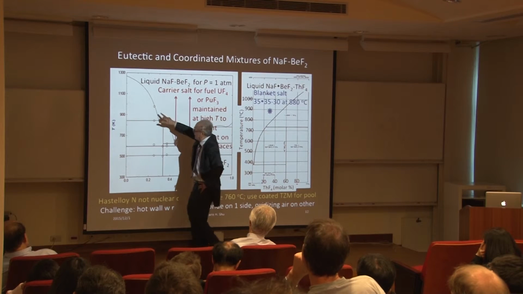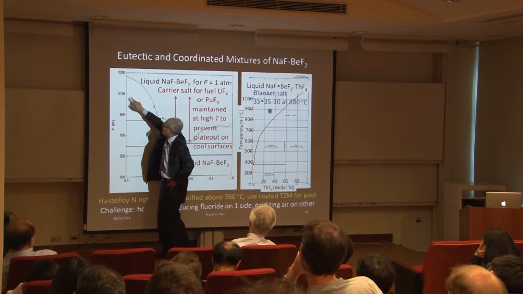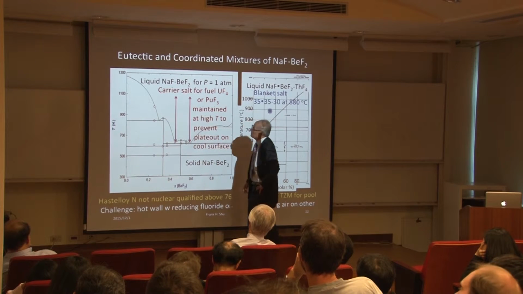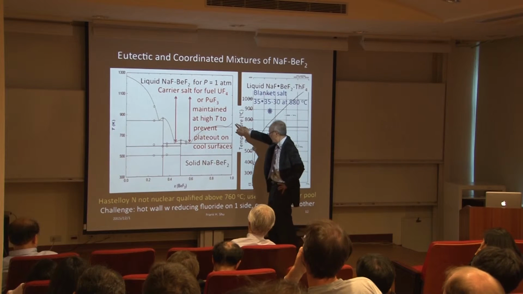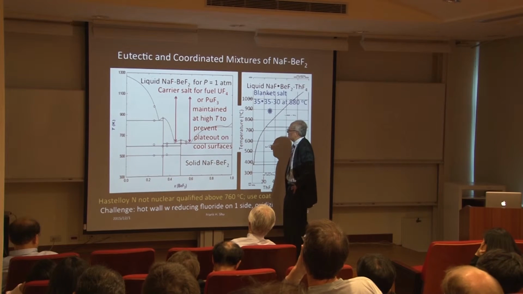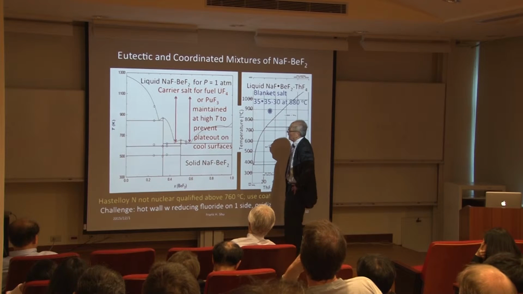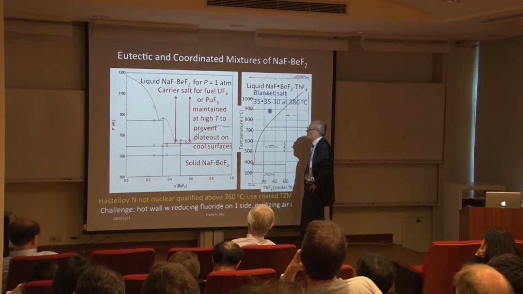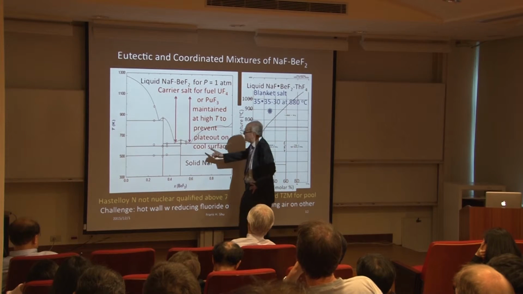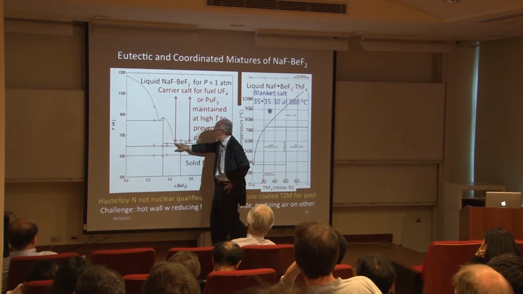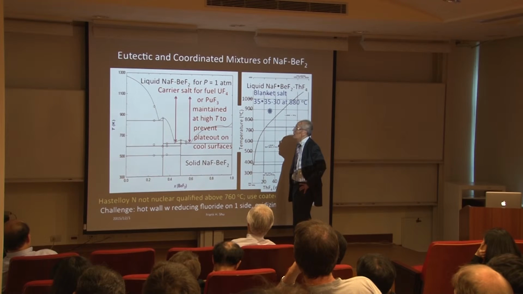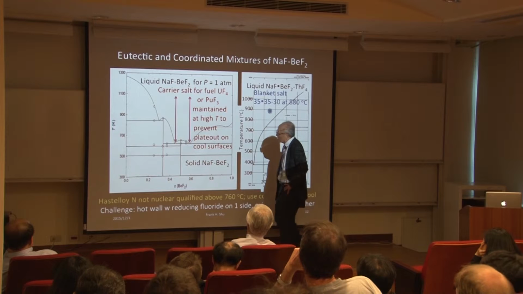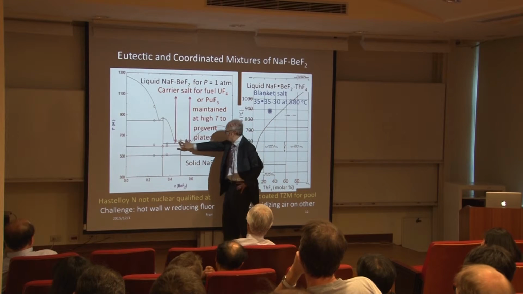All right? You find if you only had sodium fluoride, you'd need almost 1,300 K to melt the thing. And if you only had beryllium fluoride, you need 830 K or so to melt it. But in between, you see there are local minima. These are called eutectics, okay, where you get a lower melting point, a minimum. And the interesting thing is, here are two minimums, okay? One is